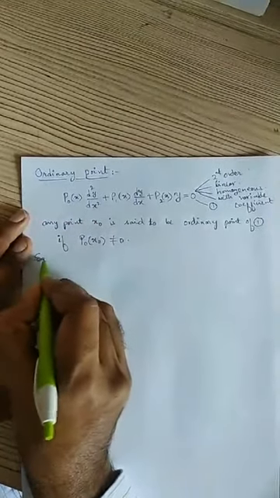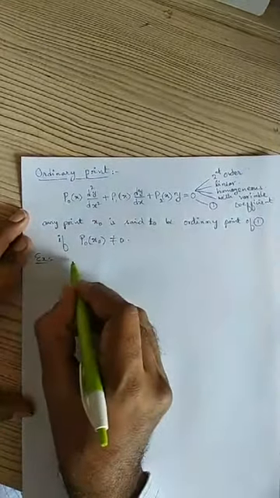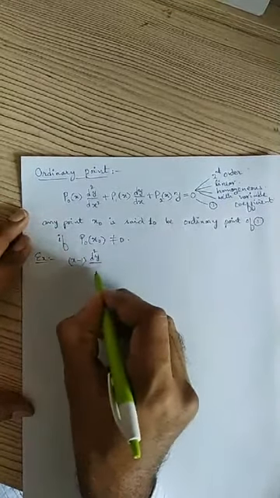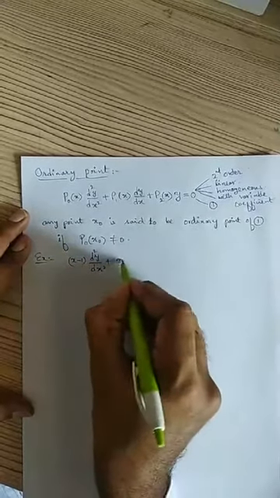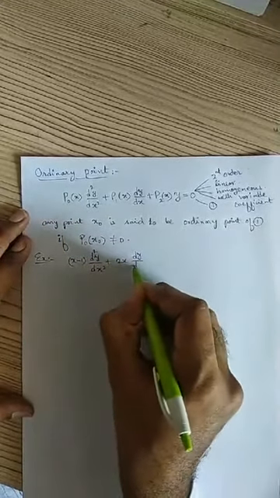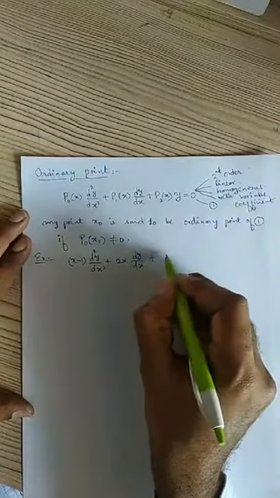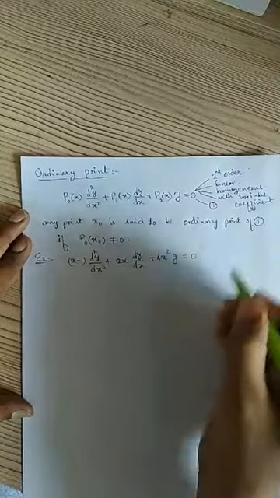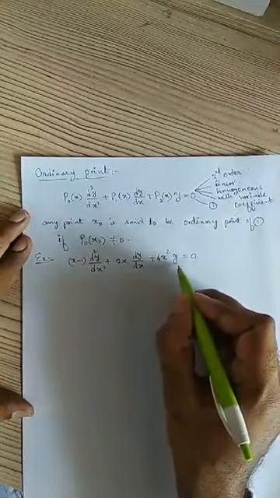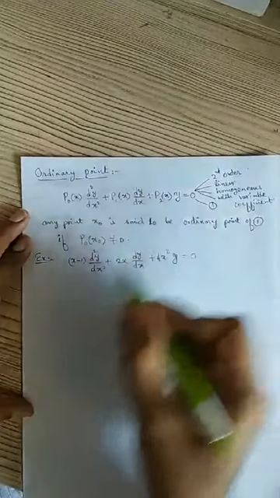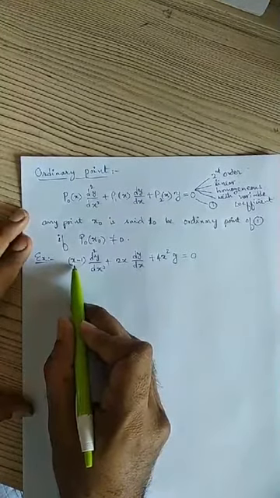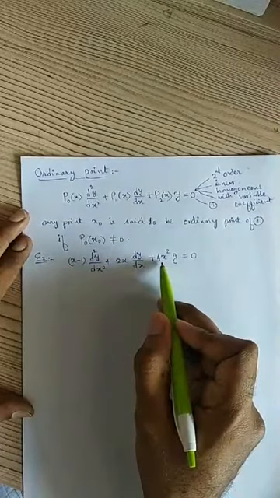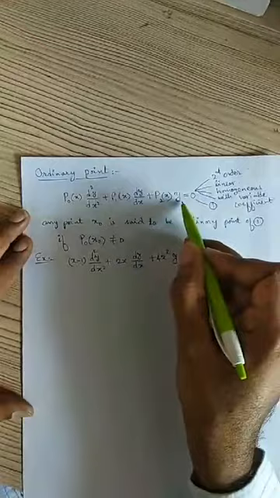We will see some examples. One example we will consider. Suppose I am having an equation x minus 1 into d square y by dx square plus 2x into dy by dx plus 4x square into y equals 0. Now you observe that this equation is a specific form of equation 1 where P naught of x is x minus 1, P1 of x is 2x, P2 of x is 4x square, right? This is a specific form of this equation.